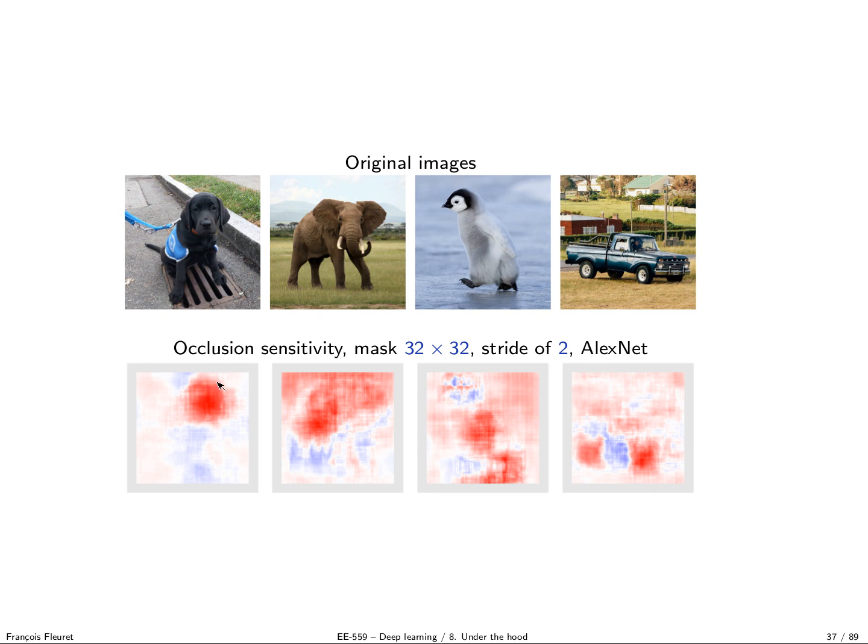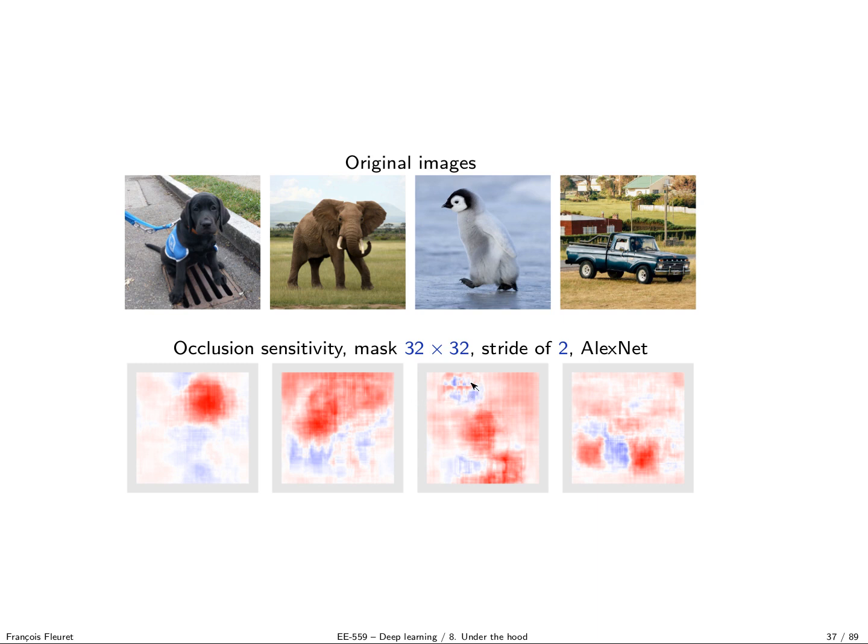So what the red area here means is that when you occlude the head of the... So here, the color code is as always: red means very positive, blue means very negative. I compute the value of the unit as the original value minus the value with occlusion, which means that when we occlude the head of the dog, the response goes down a lot, because it's very red. When you occlude the back of the elephant or the ear of the elephant, it goes down a lot, etc.